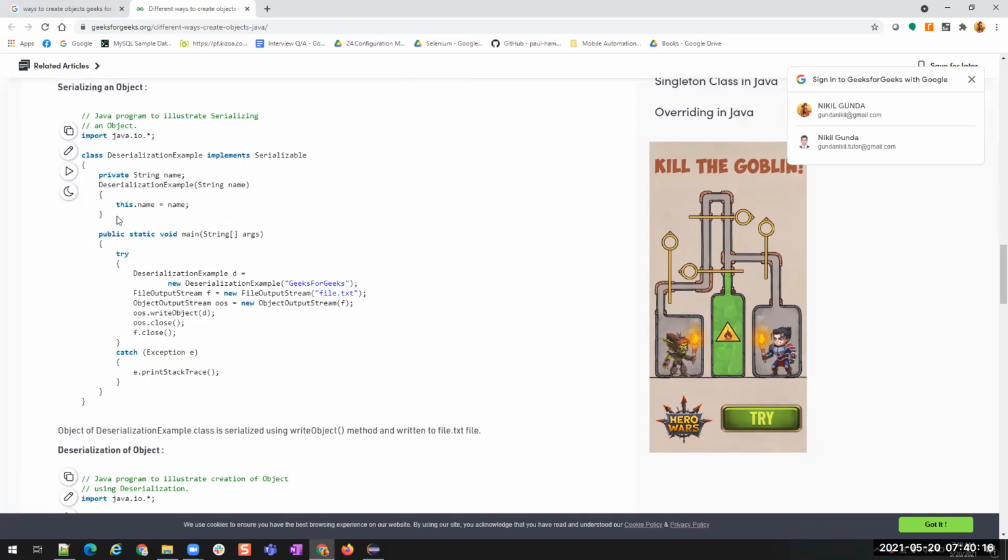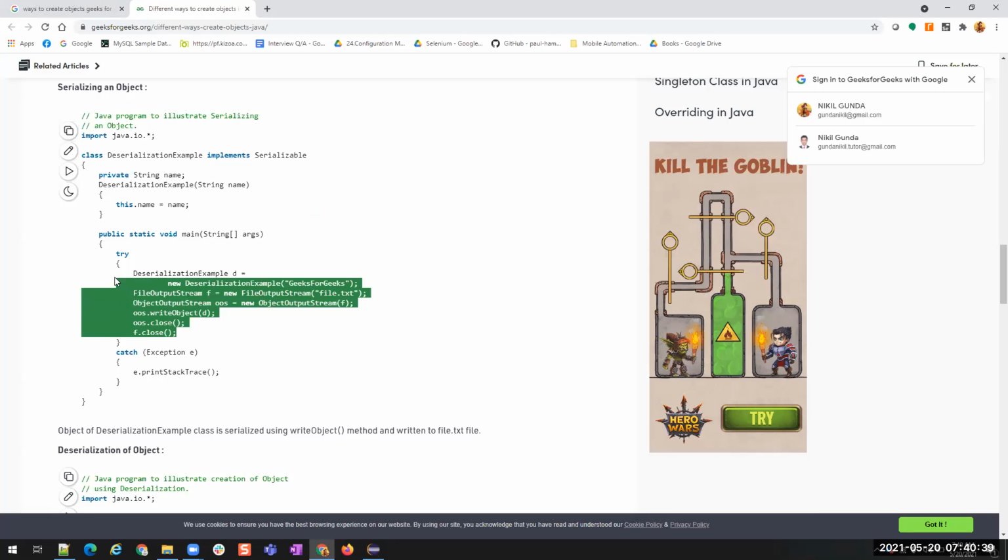This is a constructor, let's leave it. Now, if I want to create an object, what did I do? I used the new keyword. But I'm not using this object directly. I'm converting it into a file. I created a file object, did some file operations, wrote this particular object into that file, and then closed the file.